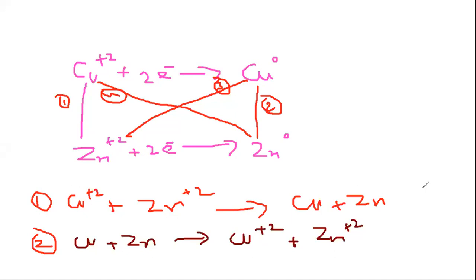So the first reaction is not possible. Why is it not possible? Because both are in the oxidized form, and both require the electrons as mentioned over here. If the copper receives two electrons, then it is converted into copper metal. And in a similar way, if the zinc is getting two electrons, then it